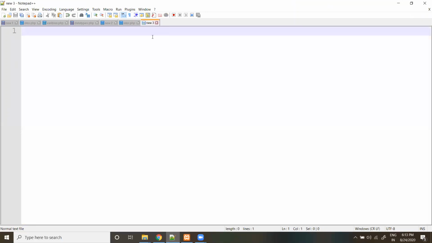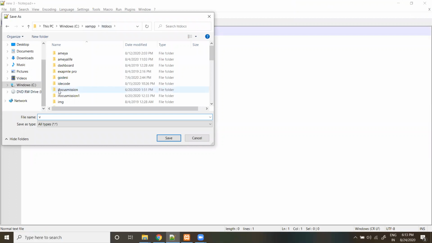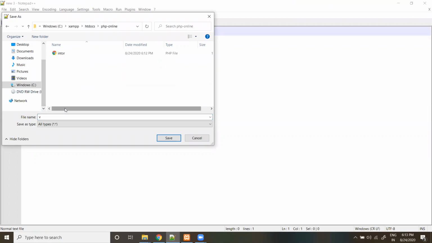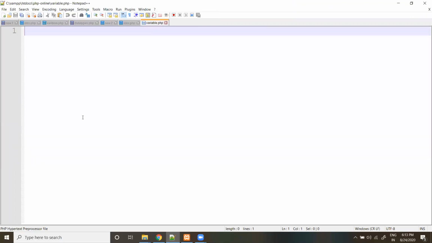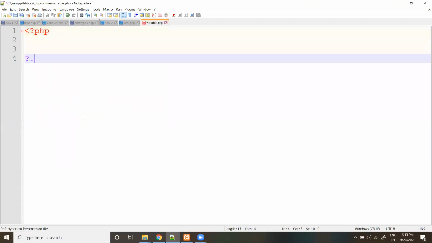Next, we'll discuss variables in a new file. Okay, save the file. I've taken a new file, so save this file. So variables are actually used to store data, right?